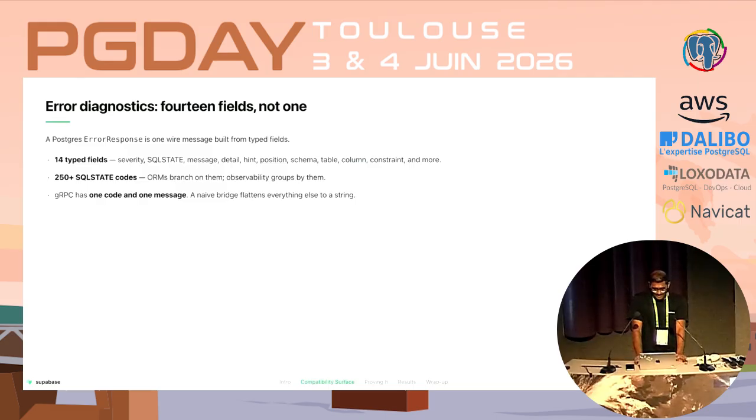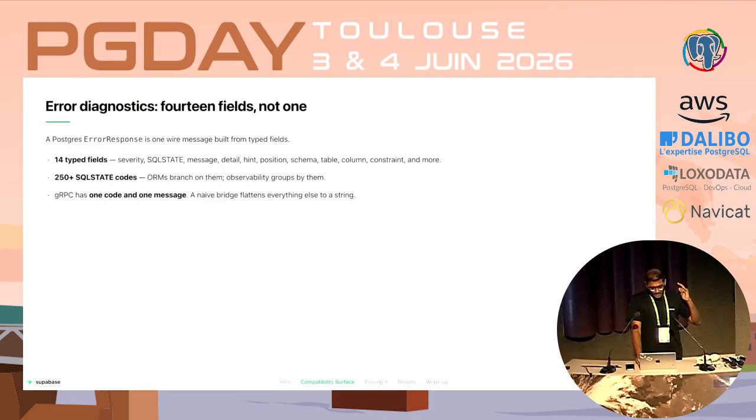This crystallizes the problem, which is that whenever Postgres reports an error, it's not just sending you a string, it's sending a fully constructed wire message built out of some 14 or so distinct fields. It contains the severity, state, message, detail, hint, cursor position, all of those things. And as we saw in the previous architecture diagram, we have a gateway and a pooler and we speak gRPC between them.